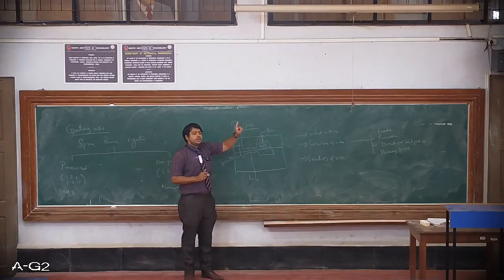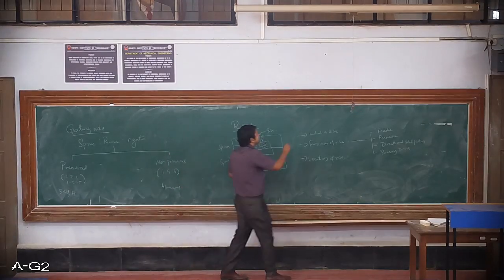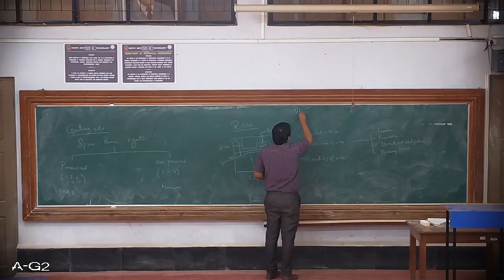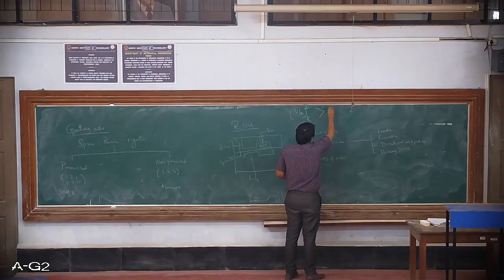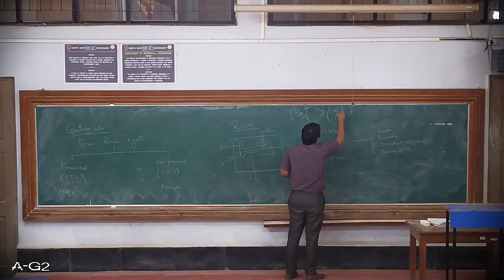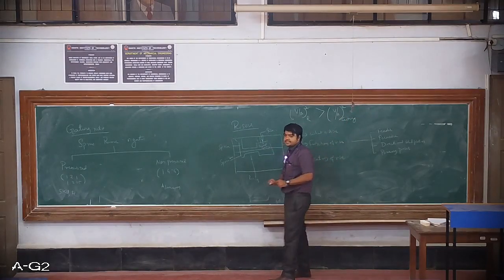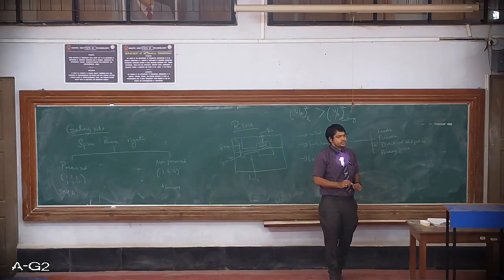There is something called as volume by area ratio. Volume by area ratio, that is volume of the riser to the cross-sectional area of the riser, its square is always maintained such that it will be greater than volume divided by cross-sectional area ratio square, that of the casting. By this, we can make certain that the riser is the last part that is going to get solidified.